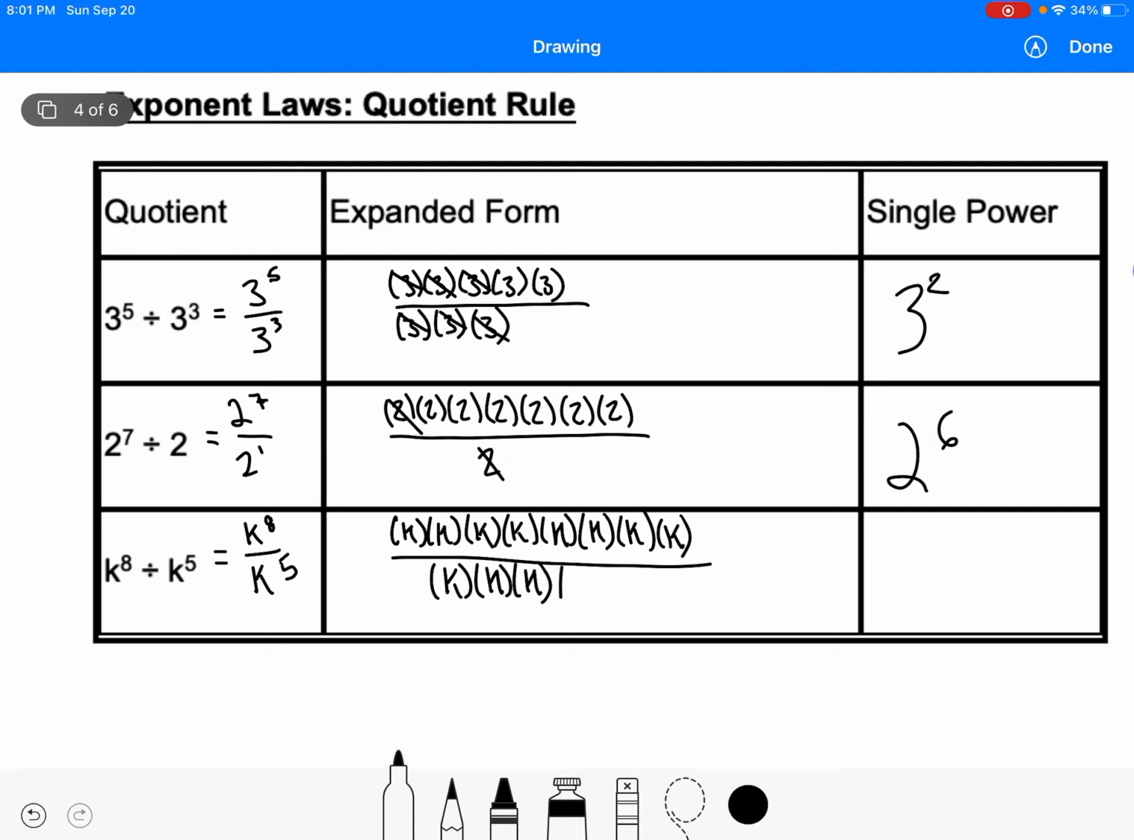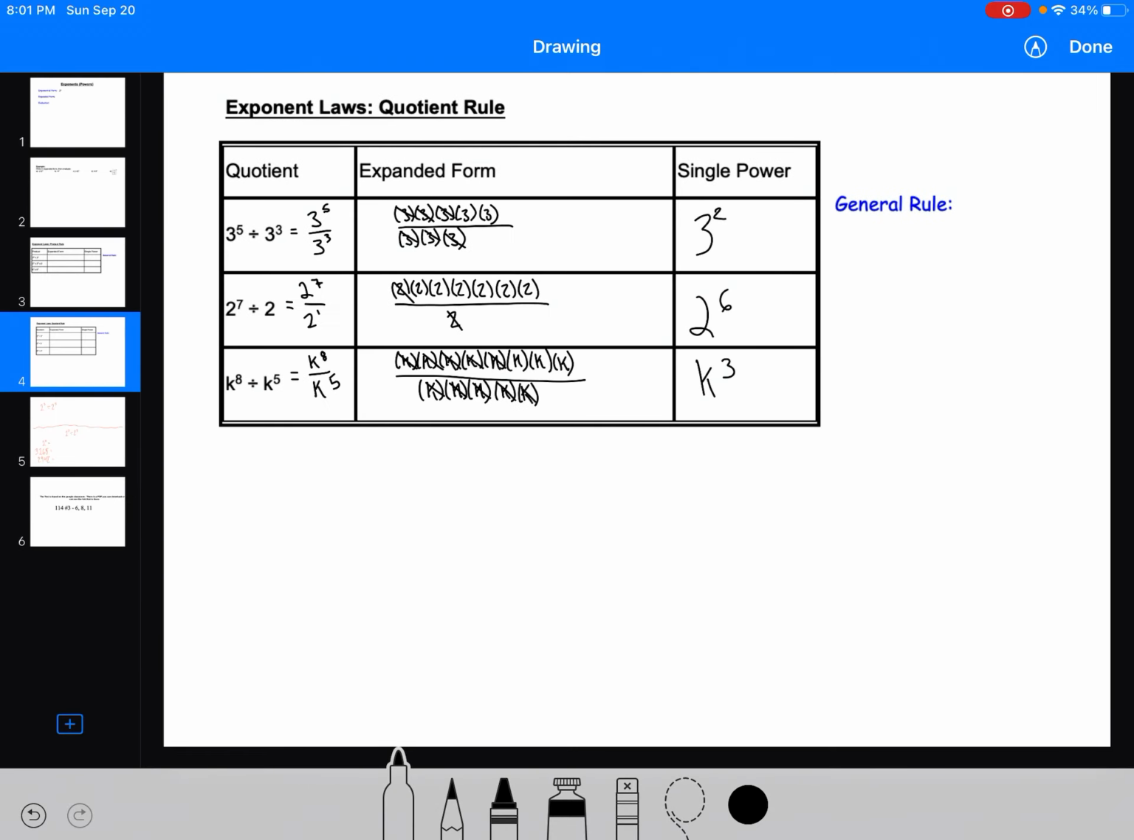Now it doesn't actually matter which k we reduce it with. I always reduce it with the ones at the front. But it doesn't really matter which one you do, because you're going to get the same answer. We've got k to the 3. Okay, so what we're doing here for the general rule here